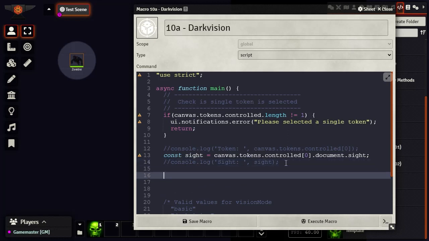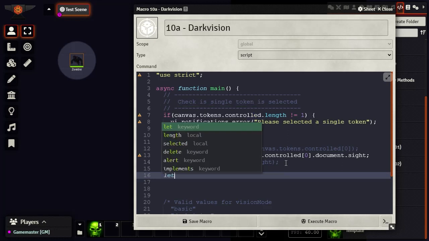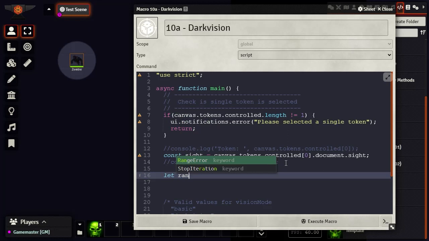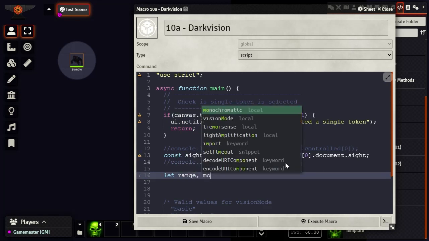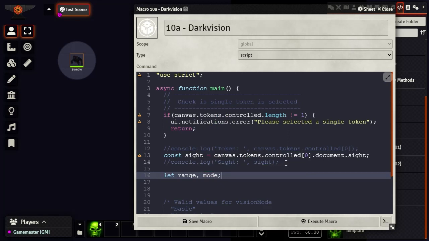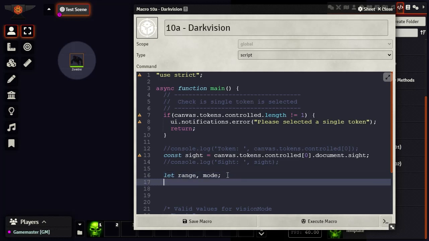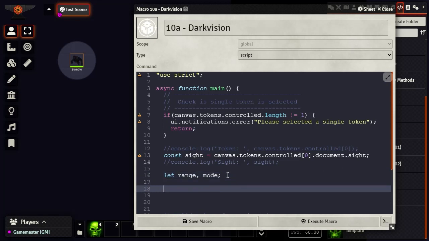All right, so the next thing we're going to want to do is actually create, whether it's basic mode or advanced mode, some variables to hold the values that we're going to update. So we're going to create two, and these will change, so we need to do a let. We're going to do rangeMode, which is going to represent our vision mode, but I'm lazy and don't want to type vision in front of it. And then we're going to go ahead and use our newfound knowledge about the getFlag,